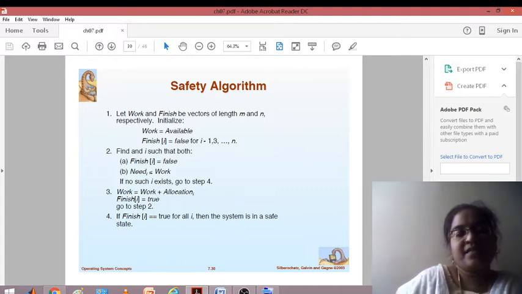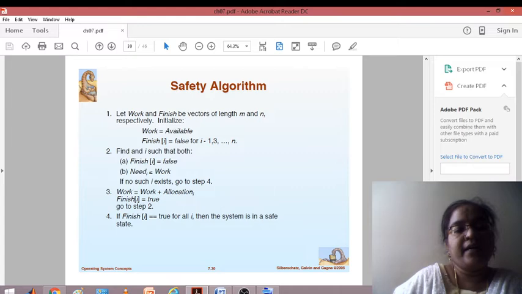Now the second step of the safety algorithm: find an i such that both finish of i is equal to false and need of i is less than or equal to work. That means you have to find a process where finish of i is false and need is less than or equal to work.